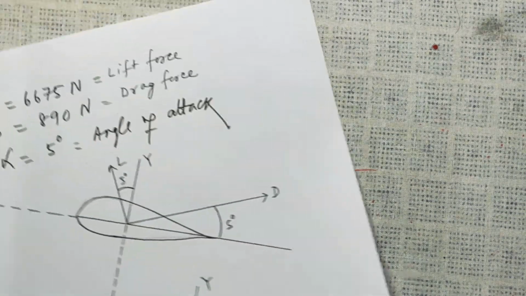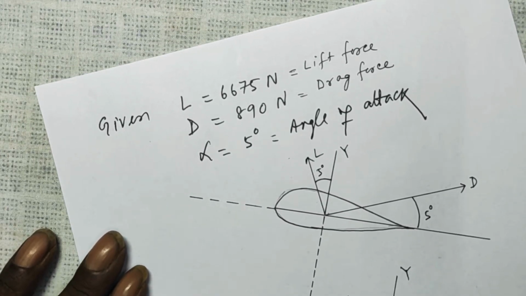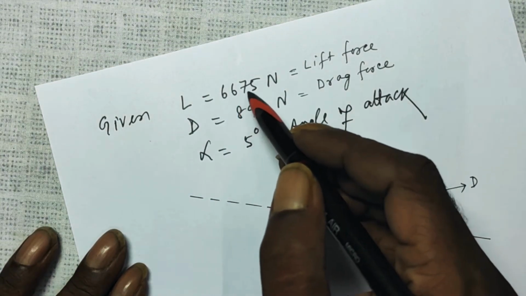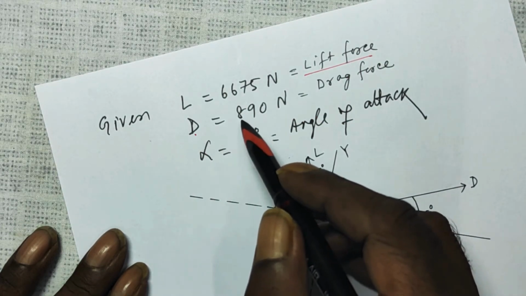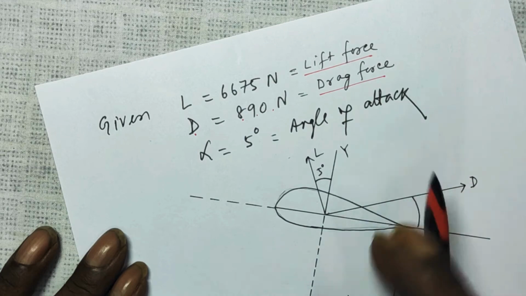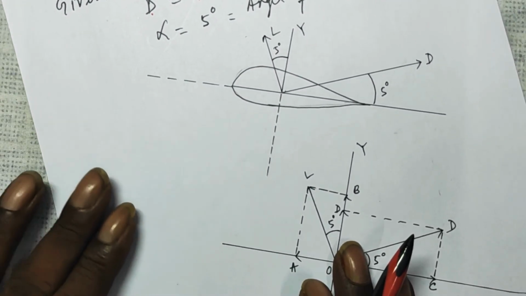Very simple. I have again redrawn the diagram for you. What is given? The lift force is given as 6675 Newton. The drag force is given as 890 Newton. And the angle alpha is also given as 5 degrees. Now look,